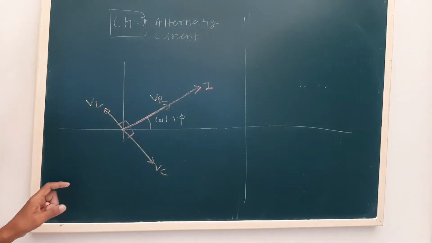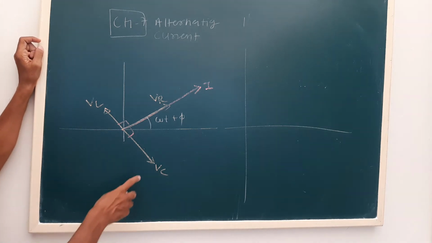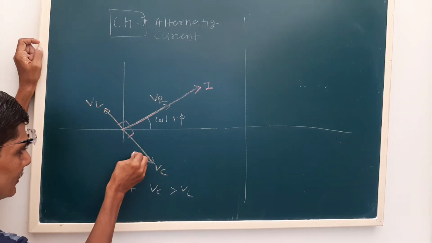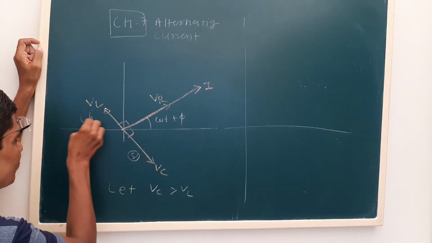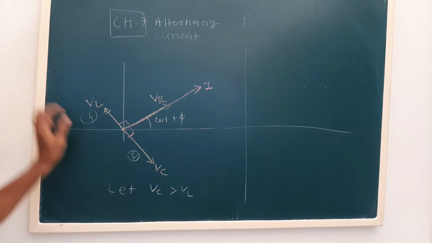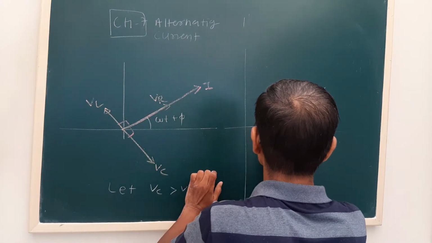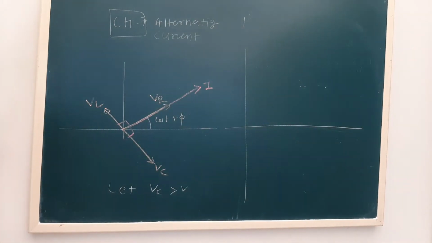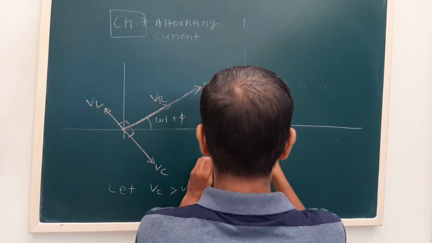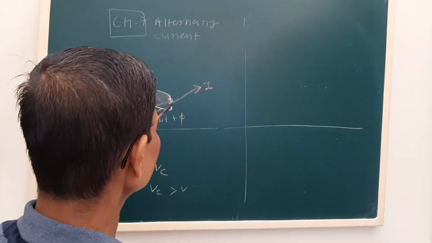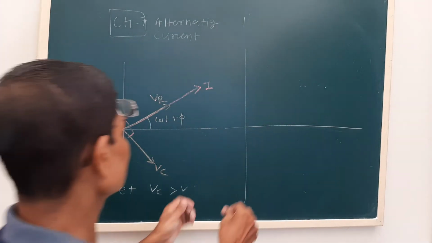Now we can see VL minus VC. VL and VC are in opposite phase. Let us assume that VC is greater than VL. Let us say for example this value is 8 and this will be 4. So what will be the net value? VC minus VL. So the phasor of VL minus VC we can represent on the same diagram. Now let us say the current is I. We want to represent only the voltage phasors. Now this is our VR.